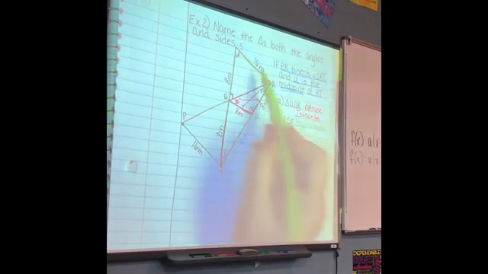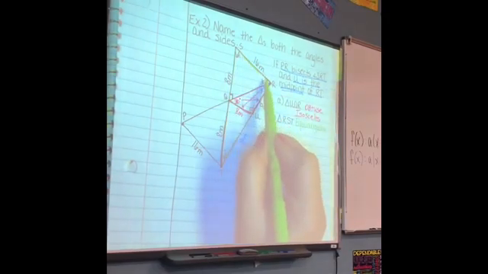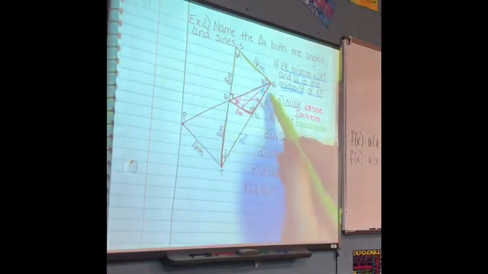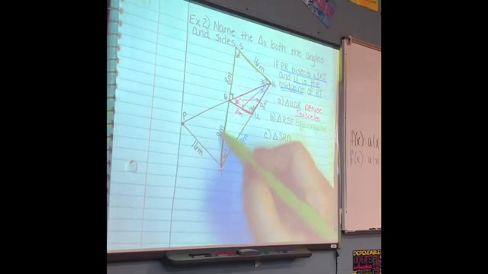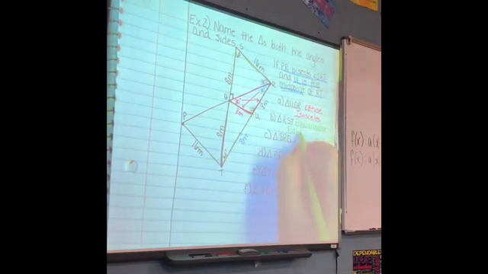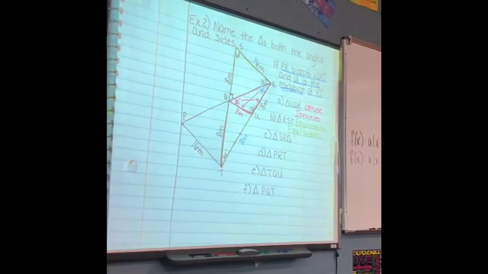Now let's look at its sides. What's this side measure? What's this side measure? What's this side measure? So it's equilateral also. Okay. Now let's talk about